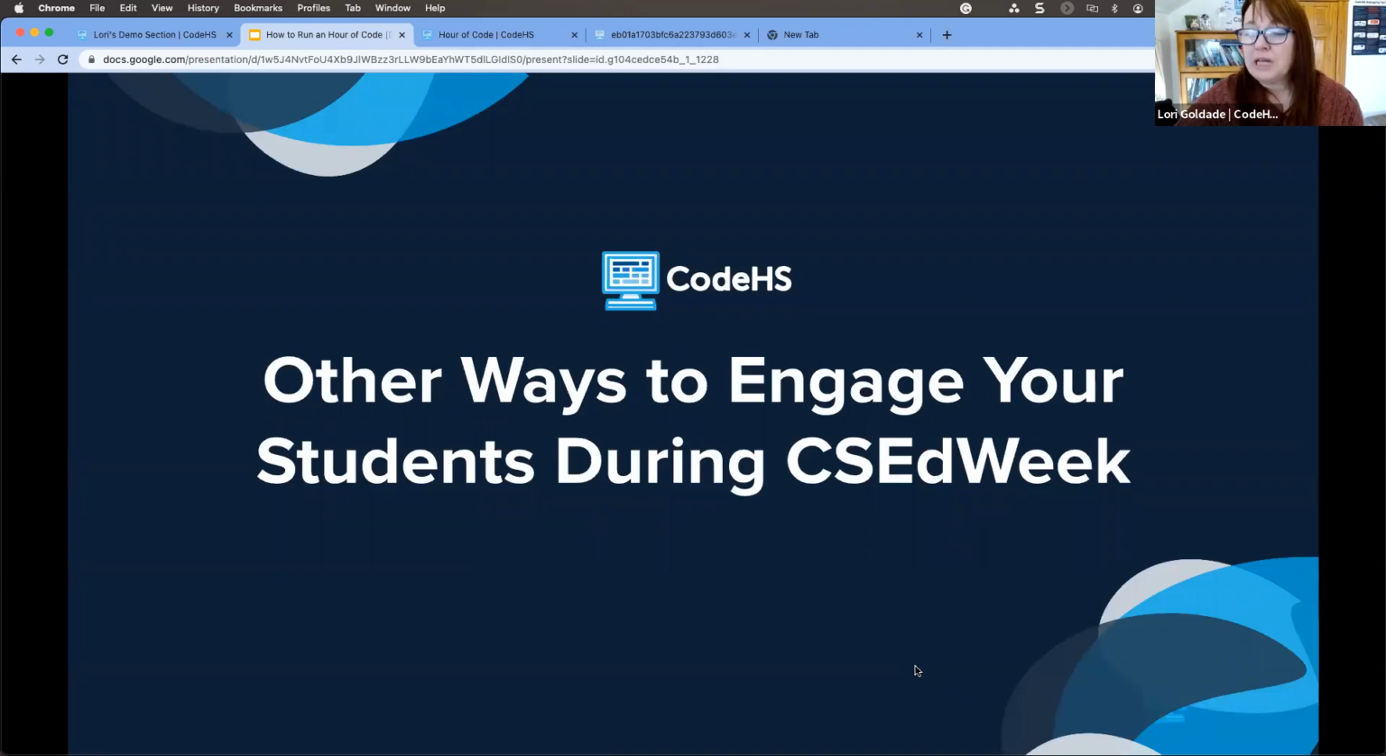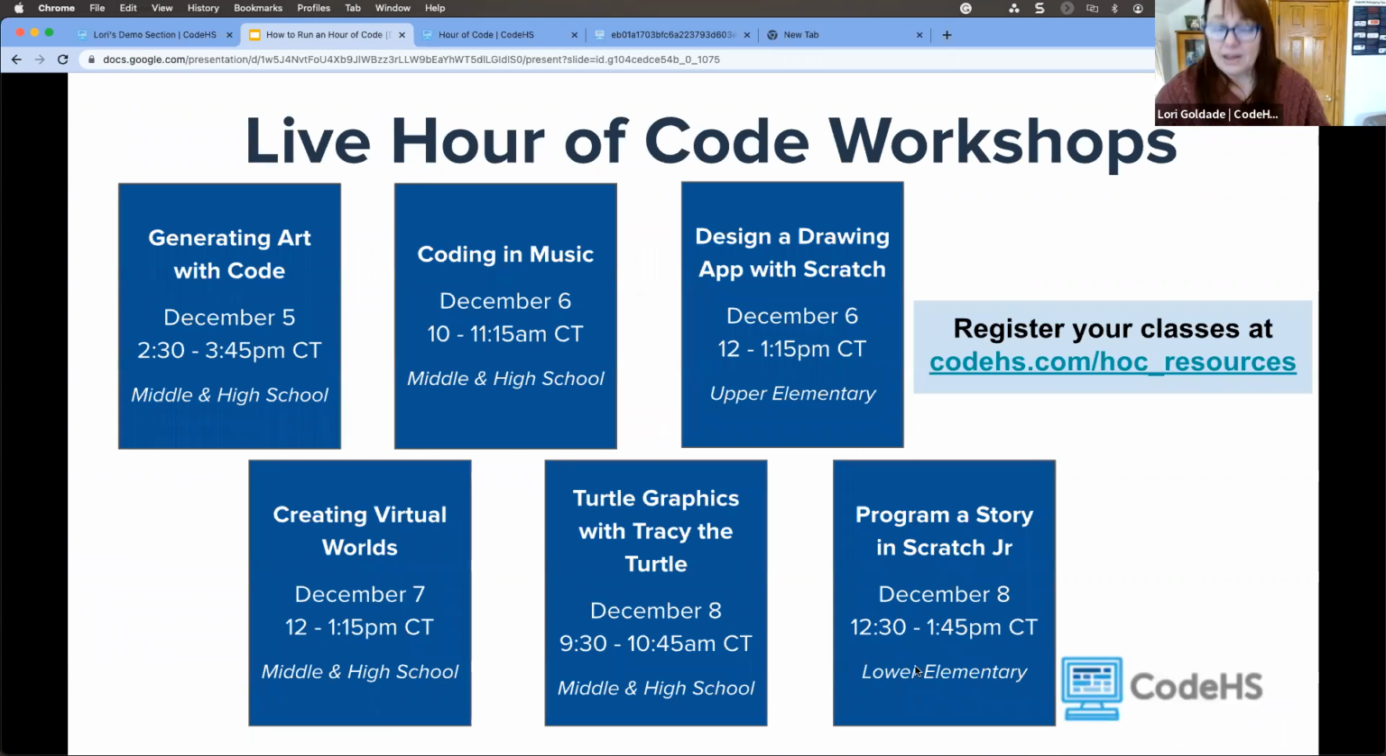So other ways to engage with your students during CS Ed Week. We have several live events going on all next week. You can see all of these on this slide here. You can actually view all of these at codehs.com/HOC_resources. I think we have it at another link too, but we've got a few links you can get to this at. But you can see we have a ton of different live events, and these are actual live Hour